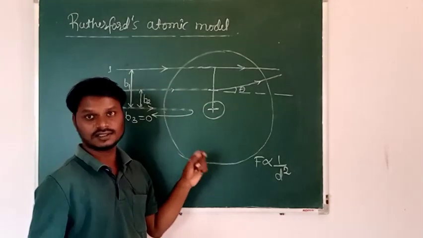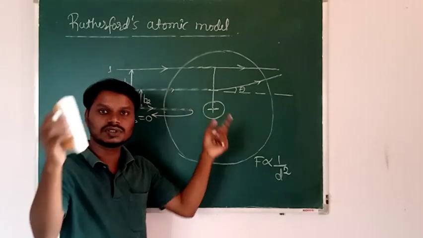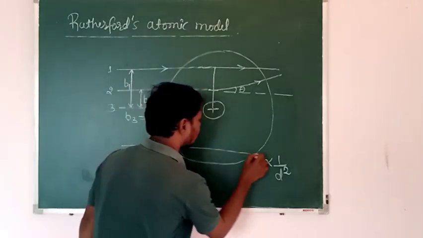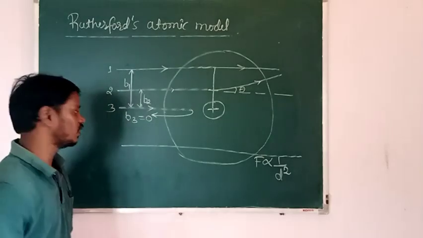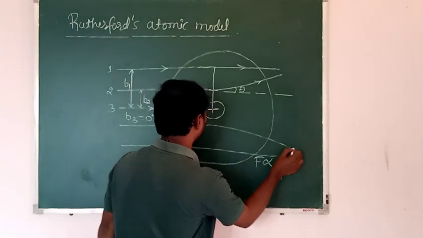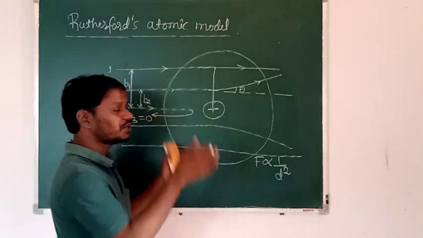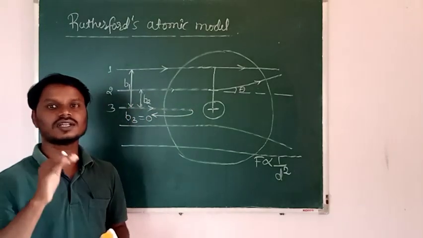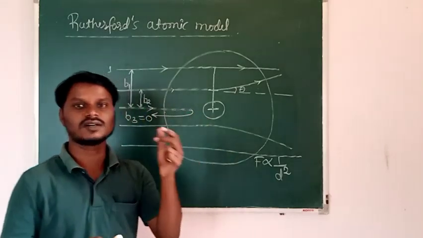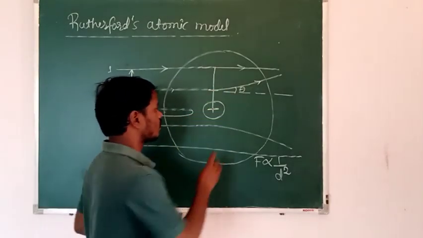What it is showing: compared to the first alpha particle, it is showing that almost all the space of an atom is empty. Here also I will consider one alpha particle. This alpha particle will pass straight without any deviation, this alpha particle will be scattered with some angle, and this alpha particle will be scattered back with an angle of 180 degrees. What it is showing is that almost all the space of an atom is empty and the entire positive charge of the atom is concentrated at its center. So the central part of the atom is called the nucleus.